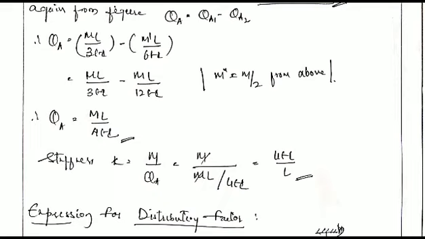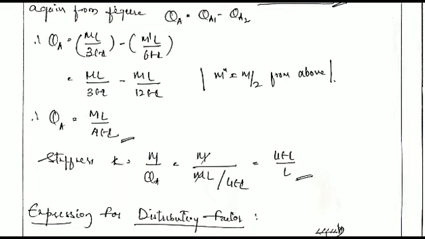So the rotation theta A at point A, in terms of moment, is M into L by 4EI. Then the stiffness of the member becomes M by theta A. Substituting theta A equals ML by 4EI, M and M cancel, leaving L by 4EI. Taking 4EI to the upper side, the stiffness of a member equals 4EI by L. That indicates the stiffness of a member mainly depends upon the flexural rigidity EI of the member, that is Young's modulus and moment of inertia, divided by the total length. As the length or the rigidity changes, the stiffness of the member also changes.